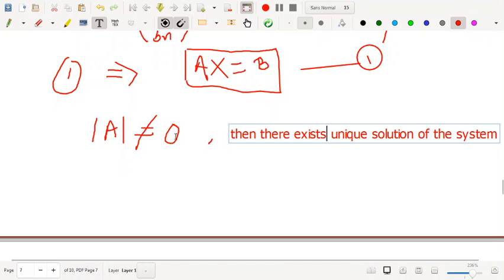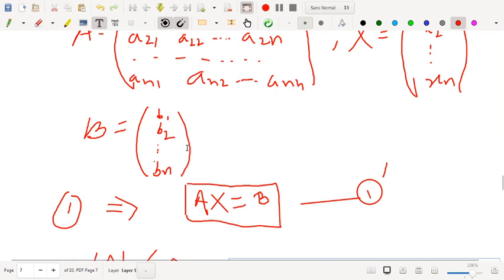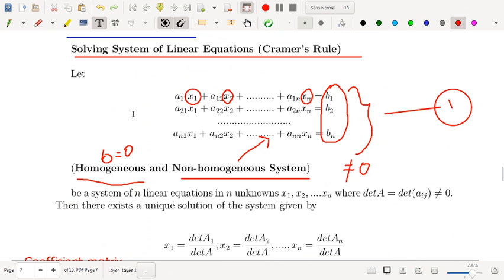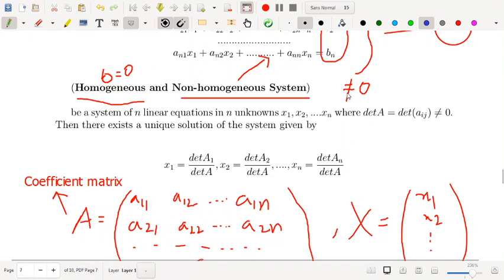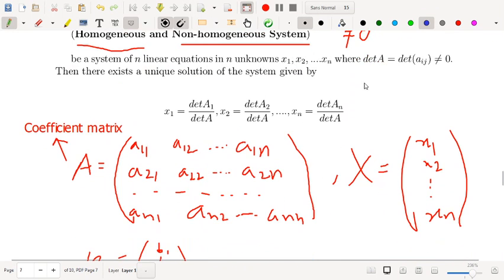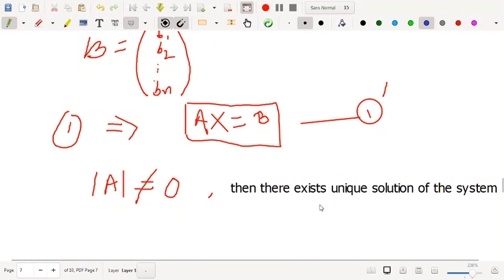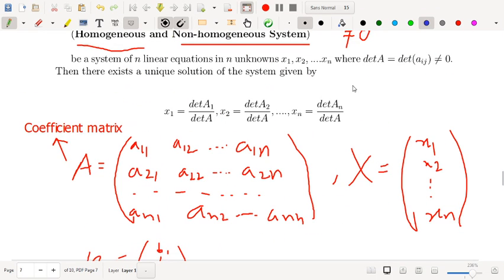This method is called Cramer's rule, by the name of Cramer. So after writing the determinant, you will check its value. If it is not equal to 0, then you confirm that there exists a unique solution of the system. Now what are the solutions? The solutions are given by